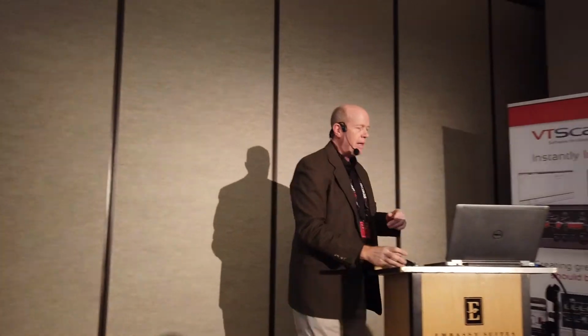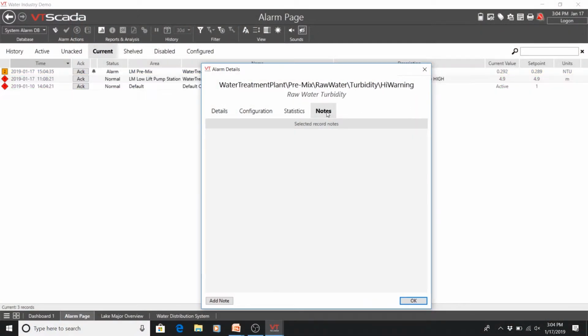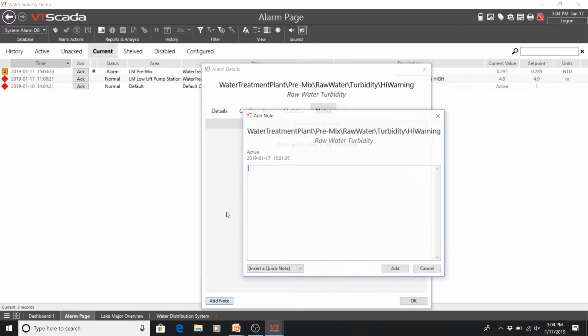Here's the other part of that analysis that I think is so powerful: I can put a note in here. I say, you know what, let's go ahead and add a little note. And I could put in here, keeps alarming every 10 minutes.